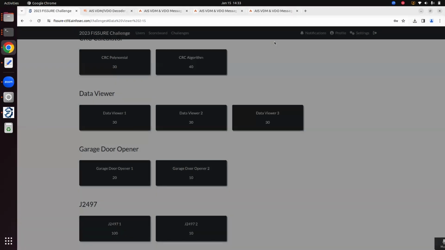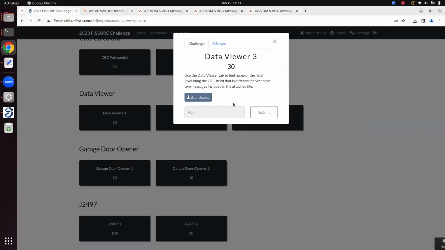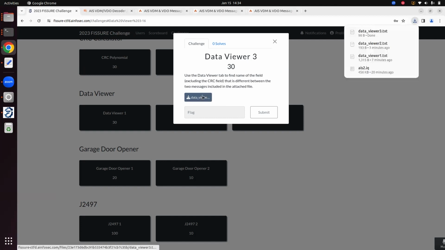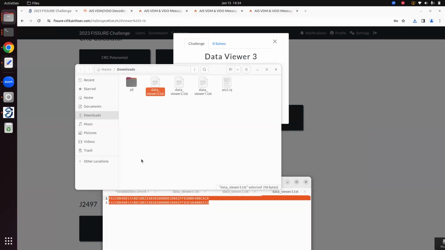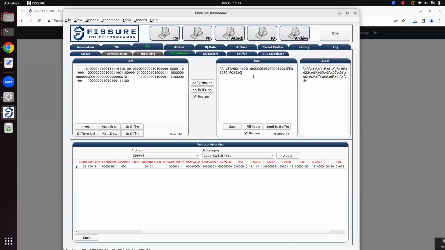That's that one. Use the data viewer tab to find the name of the field, excluding the CRC field, that is different between the two messages included in the attached file. So it's giving me two messages and it wants to know what's the difference between them. So if you paste them in here,